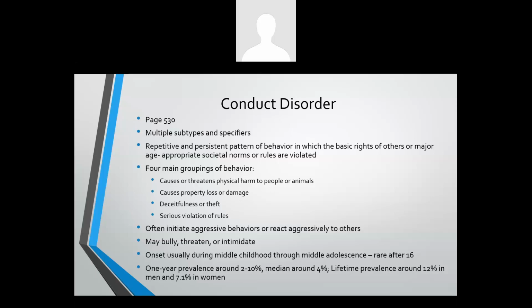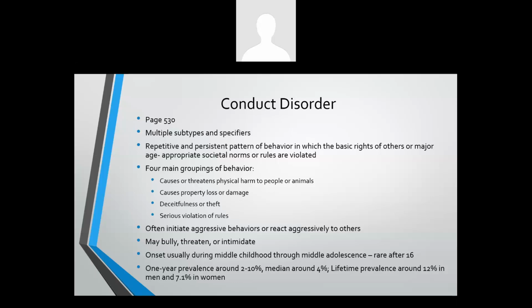in which the basic rights of others or major age-appropriate societal norms or rules are violated. Typically we have four main groupings that we're going to be exploring: causes or threatens physical harm to people or animals, causes property loss or damage, deceitfulness or theft, and serious violation of rules. So if you see some of those behaviors, like maybe some harm to animals, that might cue you in that this is the diagnosis you might want to be exploring for that individual. They will often initiate aggressive behaviors or react aggressively to other people, which can include bullying, threatening, intimidating, or